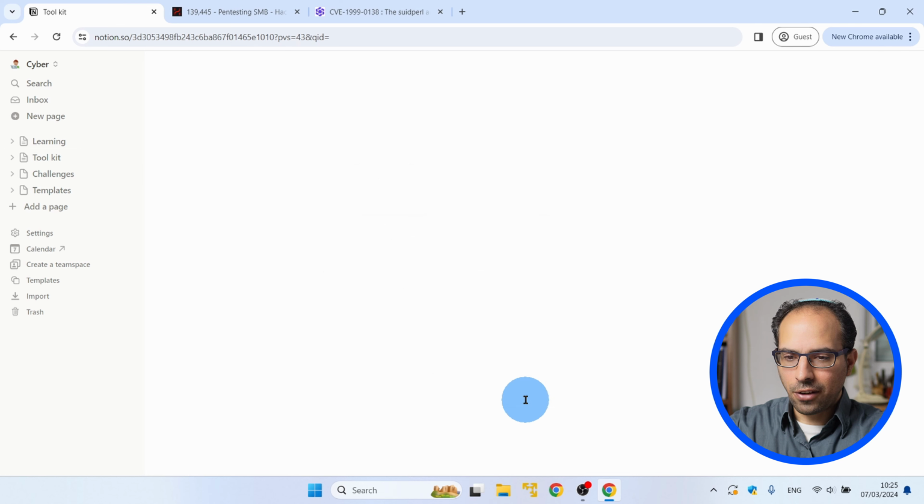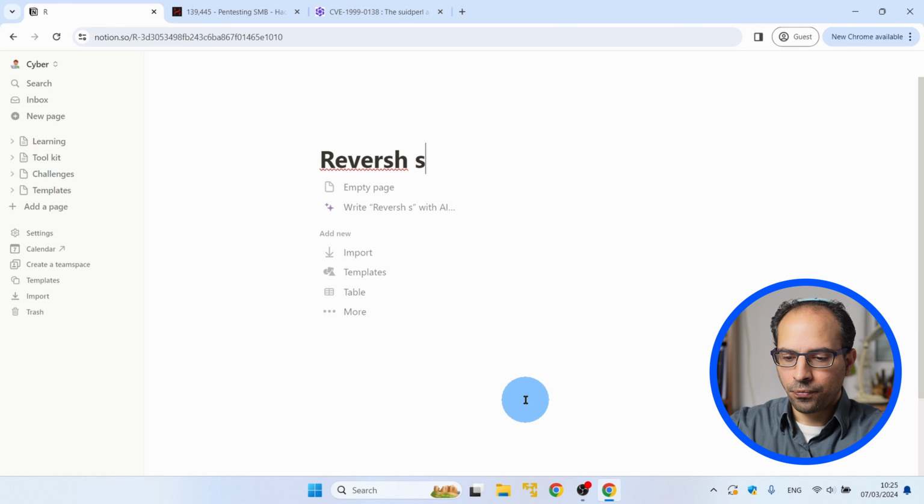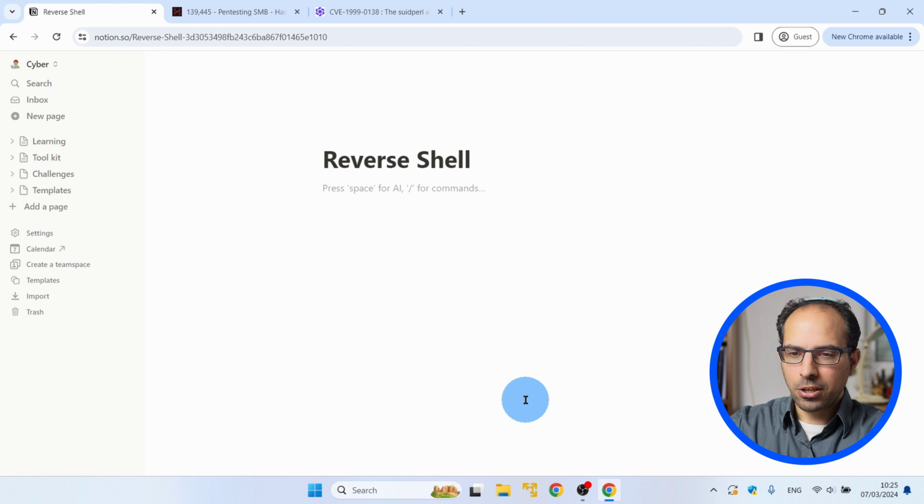For example, we will add a page called reverse shell. The reverse shell is a type of payload I pass to the server. That is, some code I want to run on the server I am attacking, and when that code runs, it creates access to me, meaning to my attack machine,